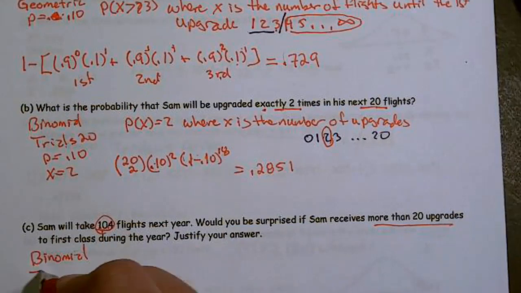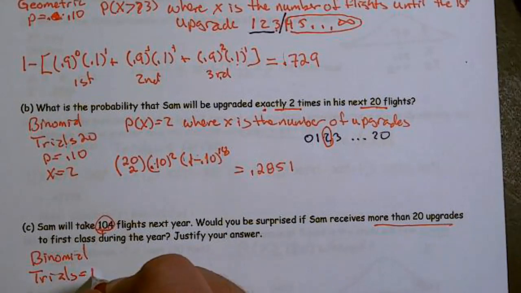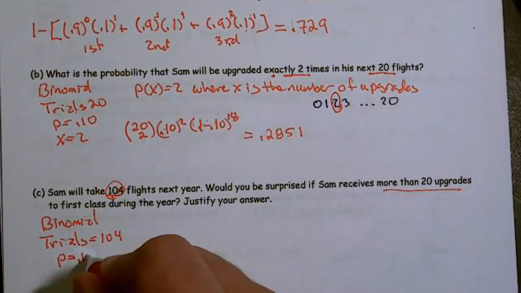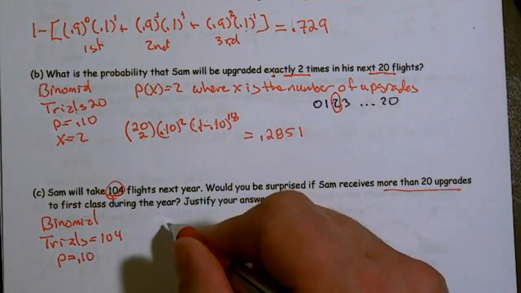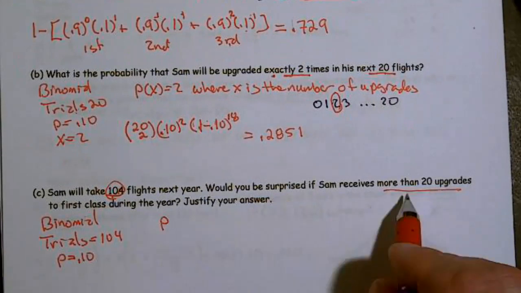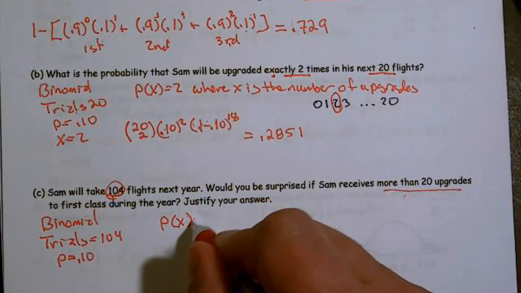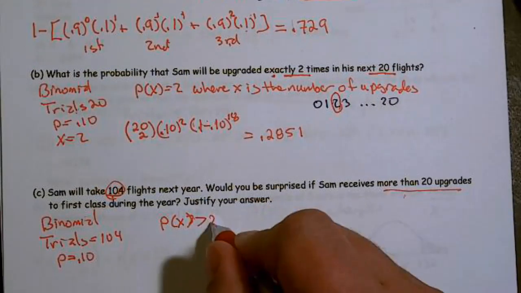Our trials in this case, instead of being 20, is now 104. Our probability has remained the same at 10%. And so we want the probability that X is greater than 20,